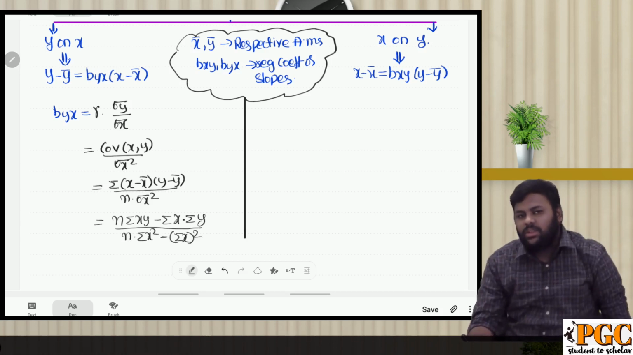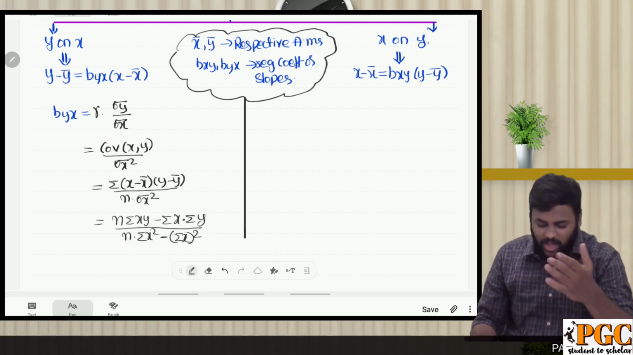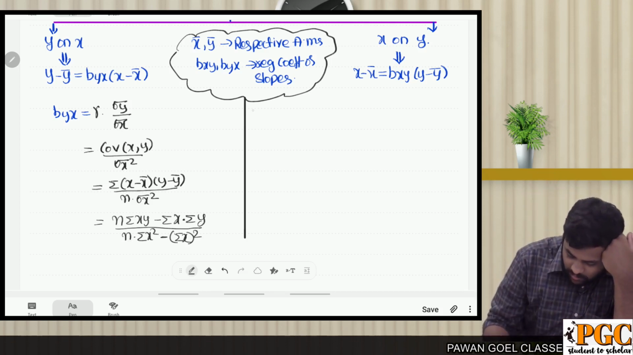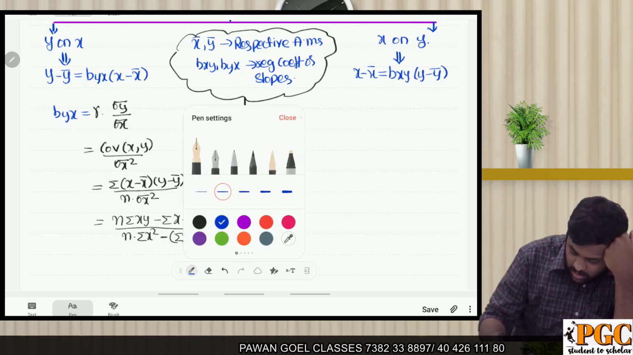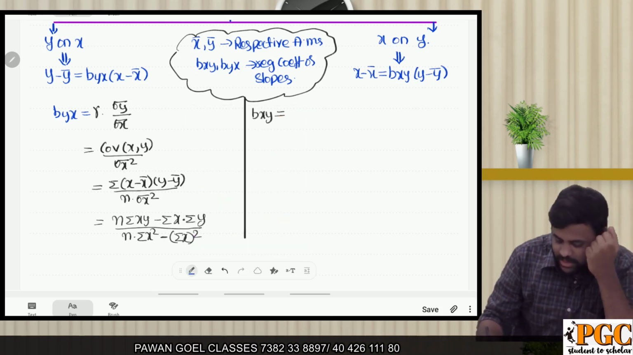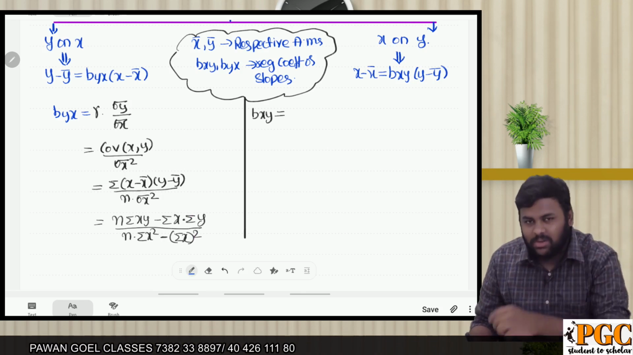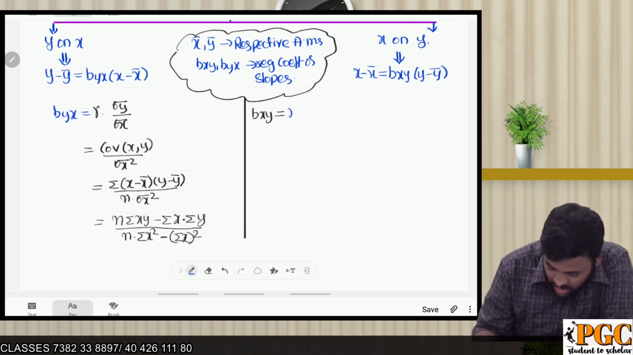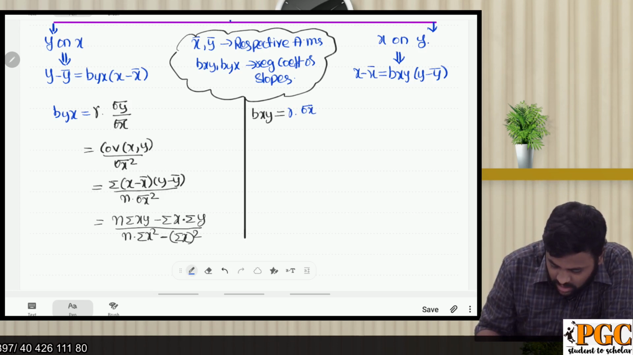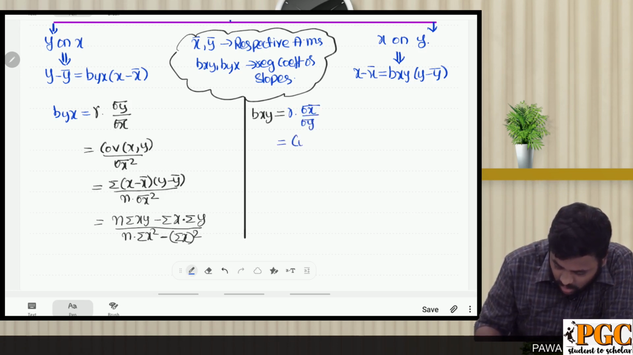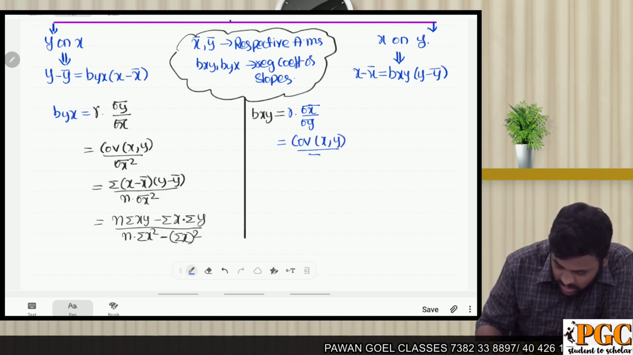So these are the four formulas for byx. In the same way, my dear friends, we have four formulas for bxy as well. Those four formulas are somewhat like this. Just reverse the x and y, you are going to get the bxy answers. r into standard deviation of x by standard deviation of y,